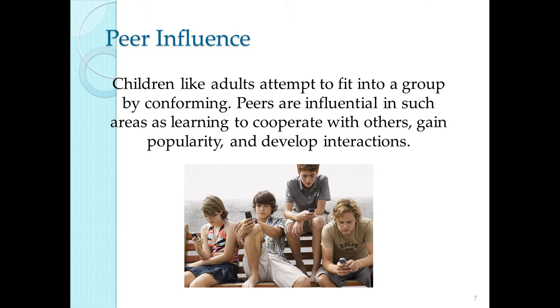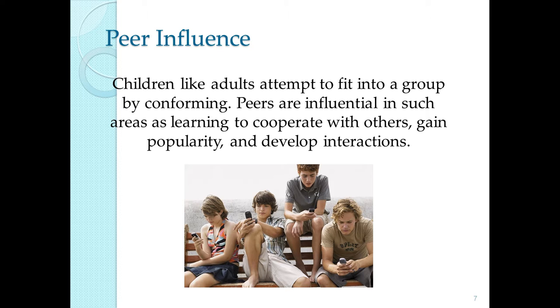Now, a lot of things, like I said, behavioral and personality, those things are largely set by genetics. There's a little bit of wiggle room for environmental experiences, but when it comes down to what's most malleable by your experiences, we're looking at things like attitudes and behaviors. And for this, once you get past about the age of 5, peers have a greater influence than your parents do. And that's in large part because you're spending so much more time around your peers. But it's more than just that.